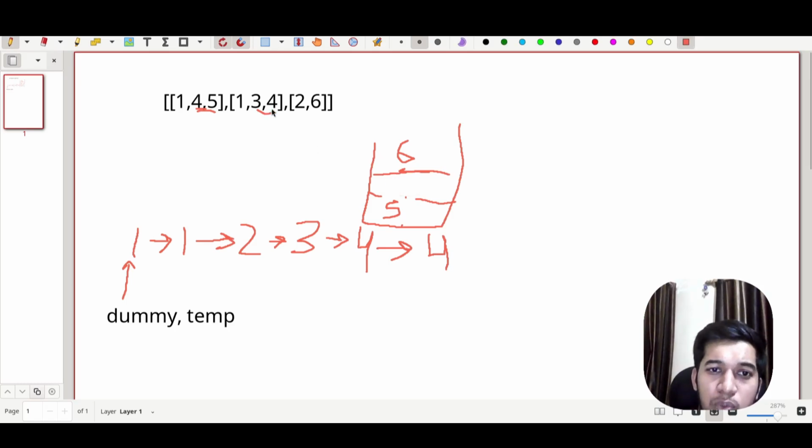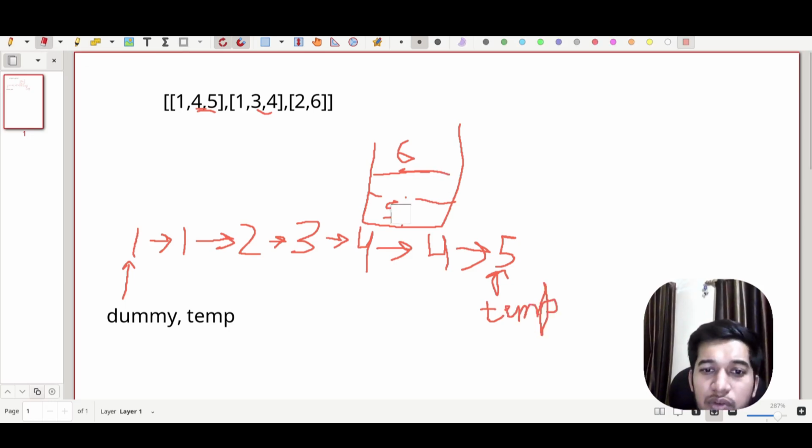After that, we will push the new element, but after 4 there is no element, that is null, so we will skip this and we will again check in the list what is the minimum. So minimum is 5, so we will push the 5 in the linked list. And one thing more, the temp also traverses to the next position as we traverse forward, so the temp will be here while making the linked list. After that, we will pop the 5, and there is no next element to push,